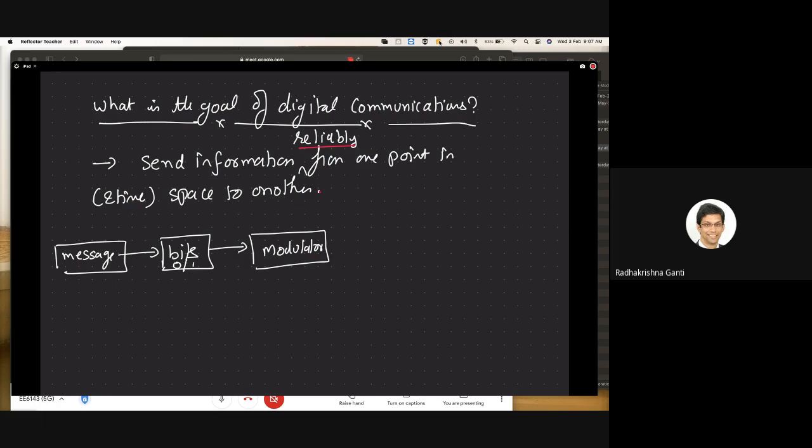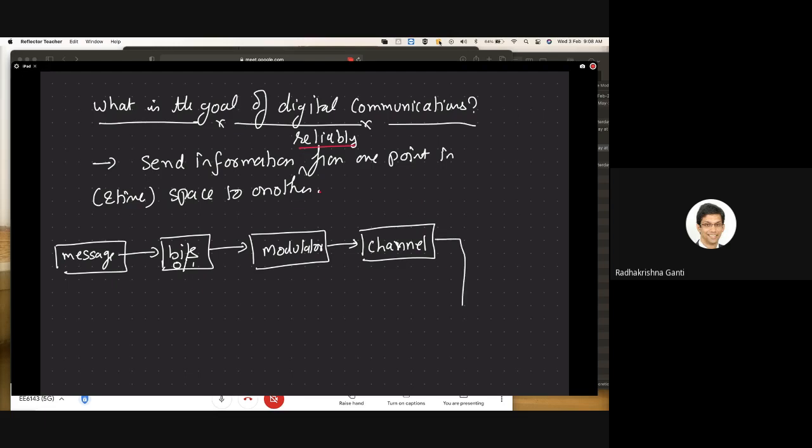So essentially, what does the modulator do? It takes your bits, which are still logical zeros and ones. They don't mean anything in terms of electricity or voltages or currents. They're just zeros and ones logically. Then the modulator converts this into electrical signals, which you pass through your medium. The medium is generally called the channel. For example, this can be a wired medium, a wireless medium, or a magnetic tape medium. Whatever it is, we just call it a channel.